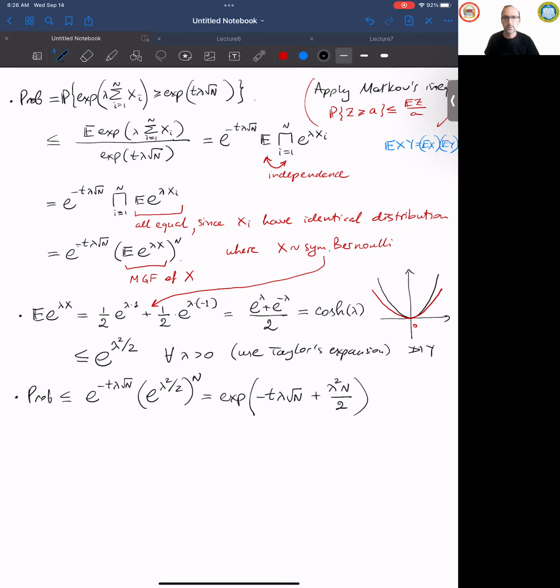Excellent. So far, so good. Okay, this is getting very nice. Now, as you can notice here, lambda root n feels like its own random variable. So if I call this mu, then this is mu squared. So let's just redefine, let's just pass to this new variable mu. T mu plus mu squared over 2. Hey, perfect. This is a nice function.